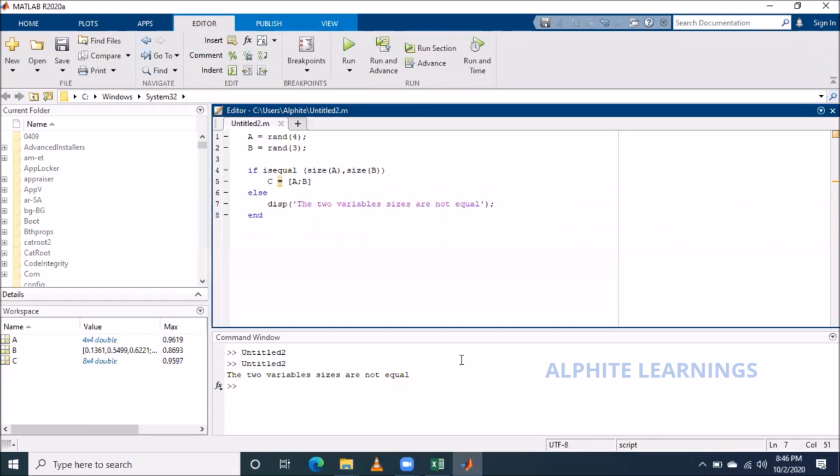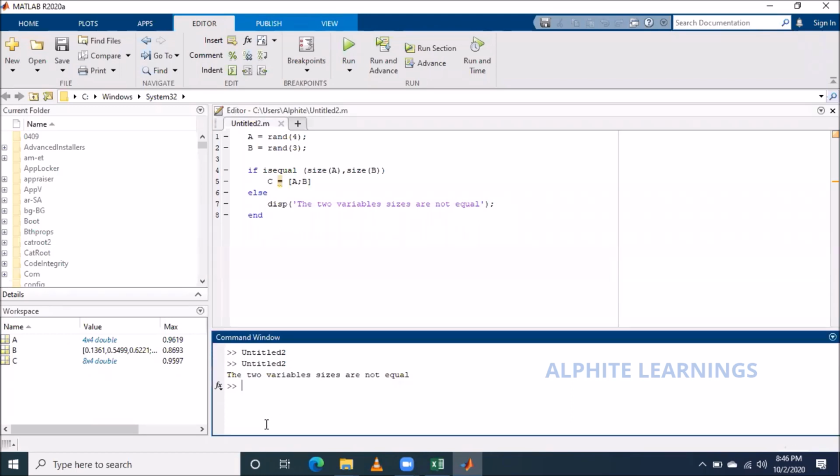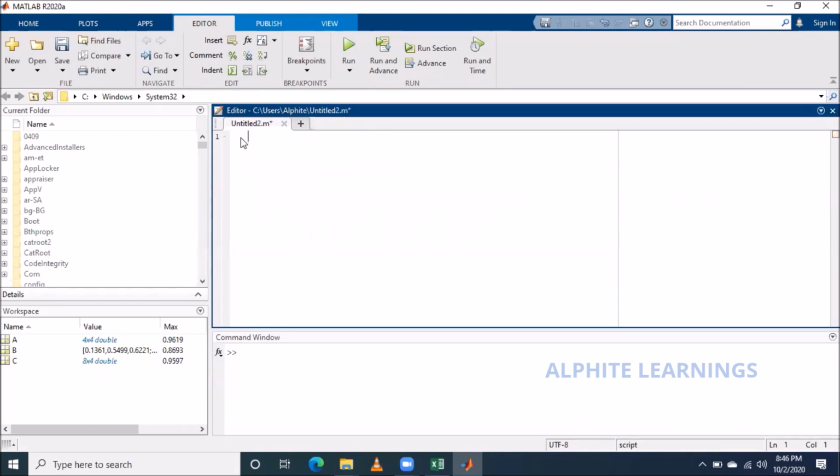I'll go on with a much simpler example here, so that everyone will understand this. Everyone will be aware of some mark schemes, right? If you score 90 plus, you'll be getting an A, 80 to 90 a B. We'll just make that. So I'm going to get input from the user. You tell me the marks. So I'll create a variable called mark, and I'm going to get it from the user input.